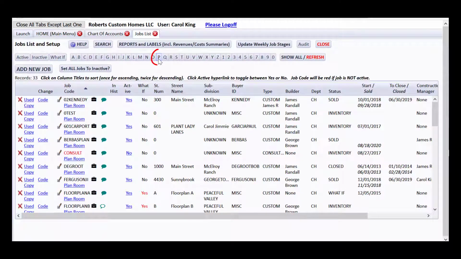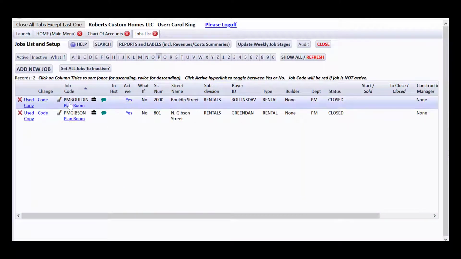I set up 2 jobs that began with PM just to keep them all in one place. So let's click the P here, and you'll see that I have 2 jobs set up here for that. And I'll drill down to edit. If you need to add the new job, you'll give it a code like I did, PM Bolden and PM Gibson. Those are the street names you can see over here for those 2 properties. That's how I decided to handle it, so that I could always have the property managements together in the job